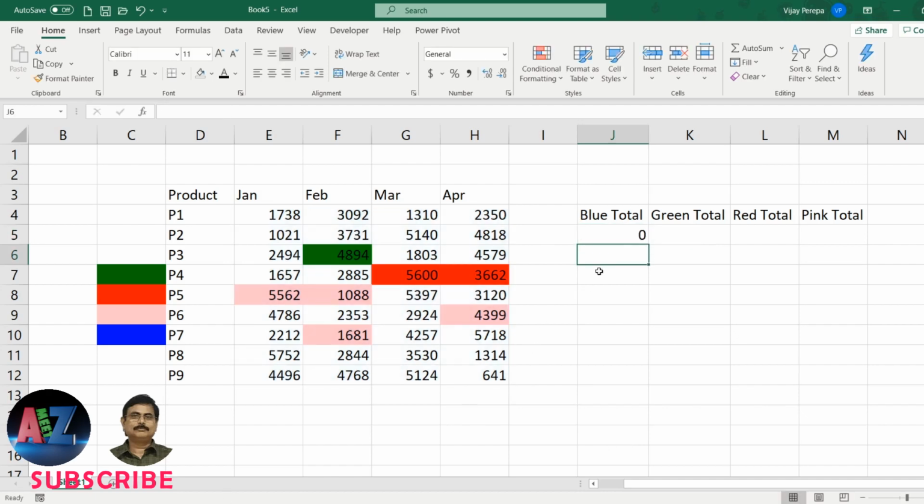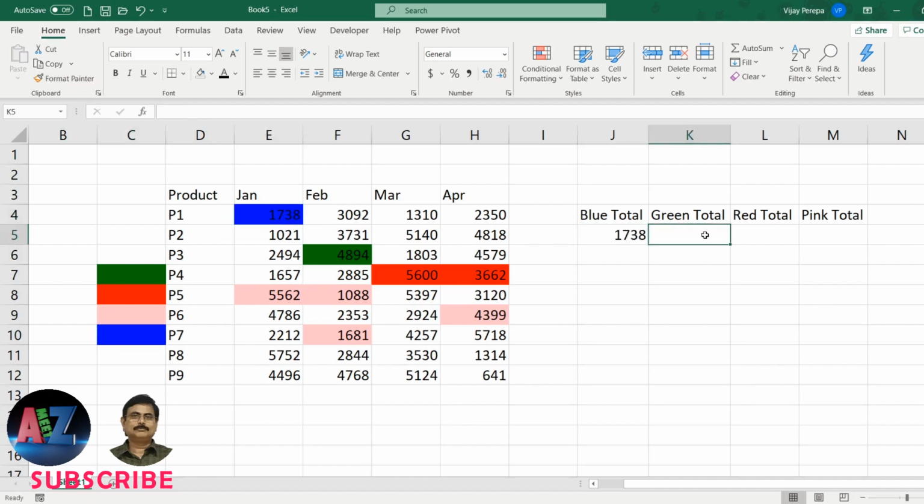But since the function is already used and the data has already been considered, let me select a color and add it to this. Now the same result is coming into that cell through the formula because we have now colored it with blue. If I remove the color back, and then refresh this function, that value will go off. Same way, let me do it again. So let me select this, and then select this, and the value is coming.